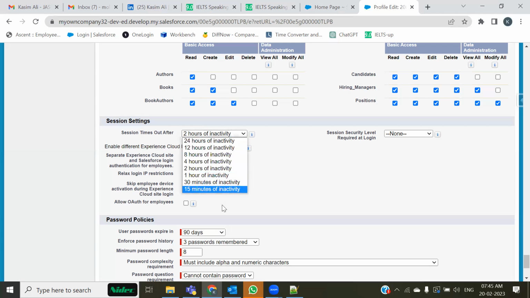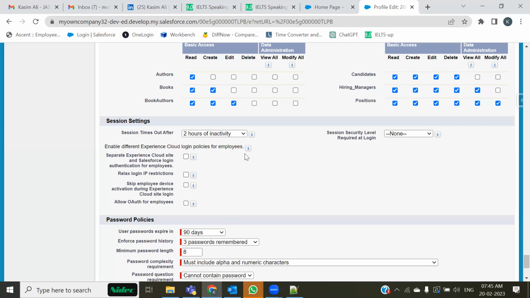There are different options over here. What does it mean by session expired? Whenever we log in, we enter our credentials, our username and password. If you do not use this window for the next 2 hours and it stays in the idle state for 2 hours,